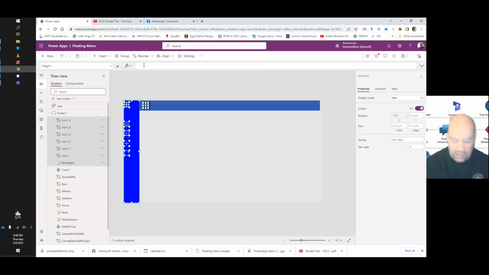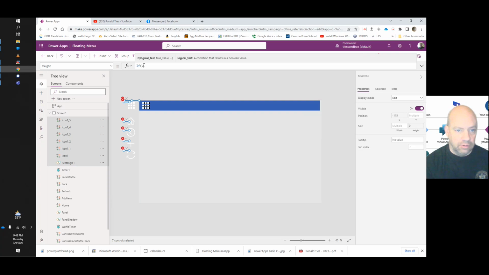Okay, I got to put the one. I guess it came out with Flipboard. It's essentially going to be the same thing, except just the numbers are going to be different. So if